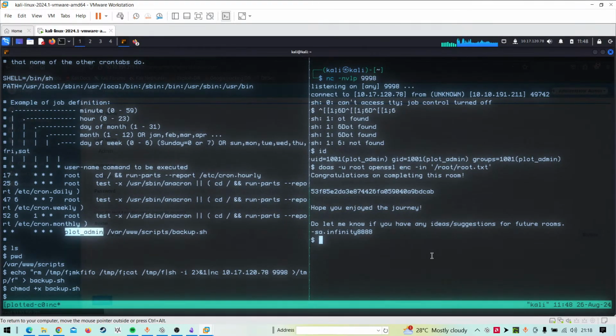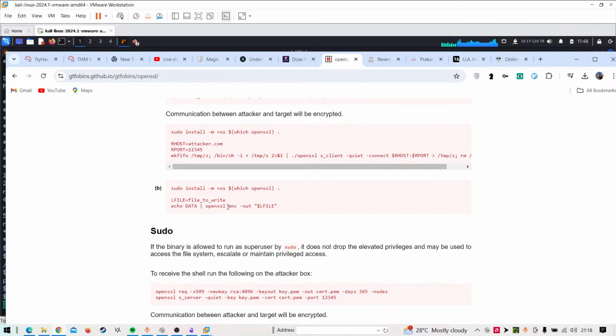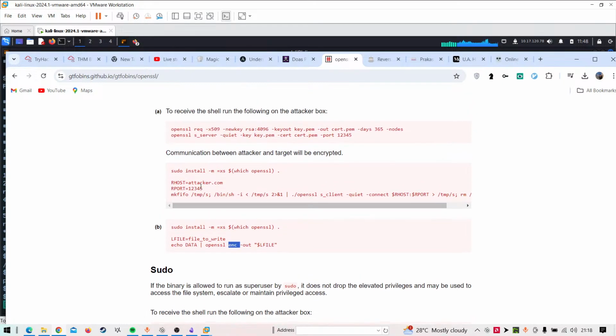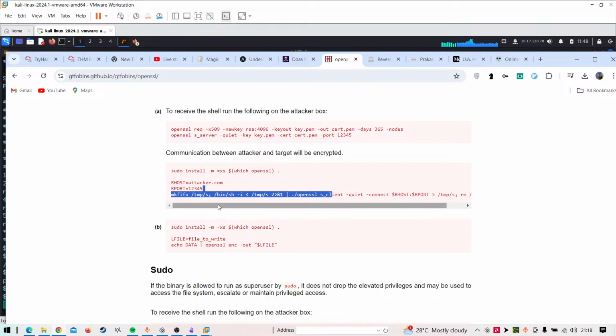Okay. So it's second, if he can do the write operation. Oh, you can also get a reverse shell, something like with this. Okay.